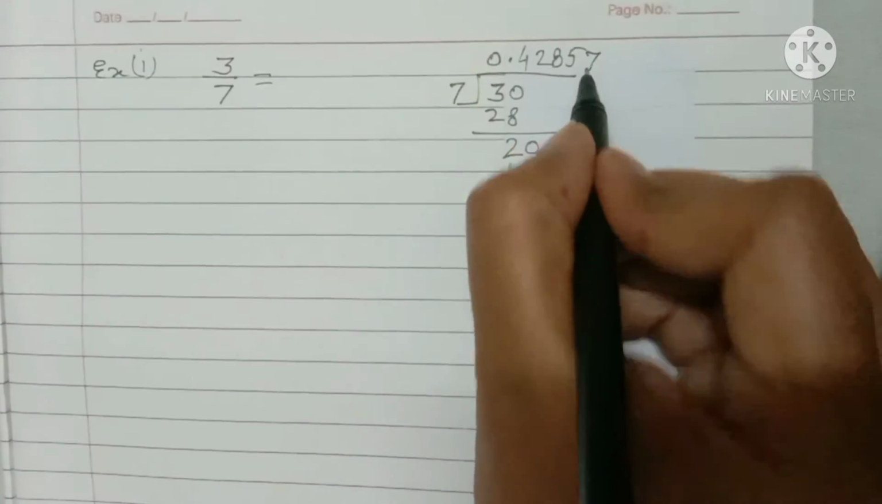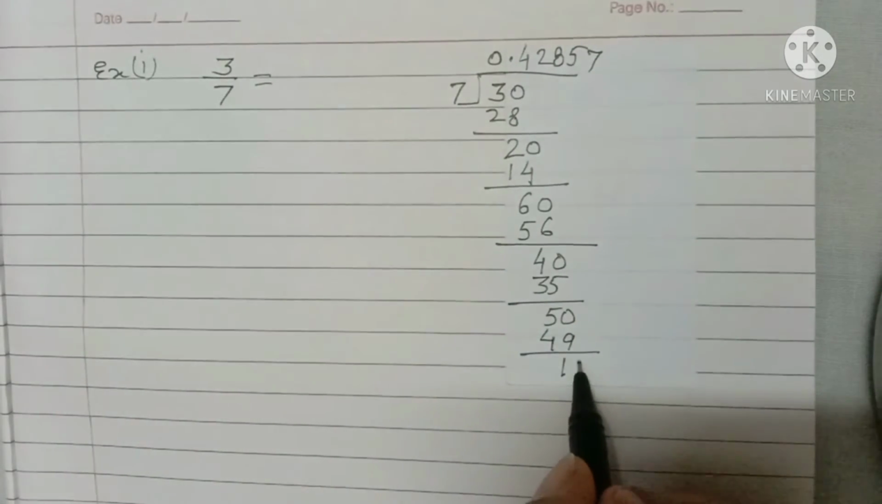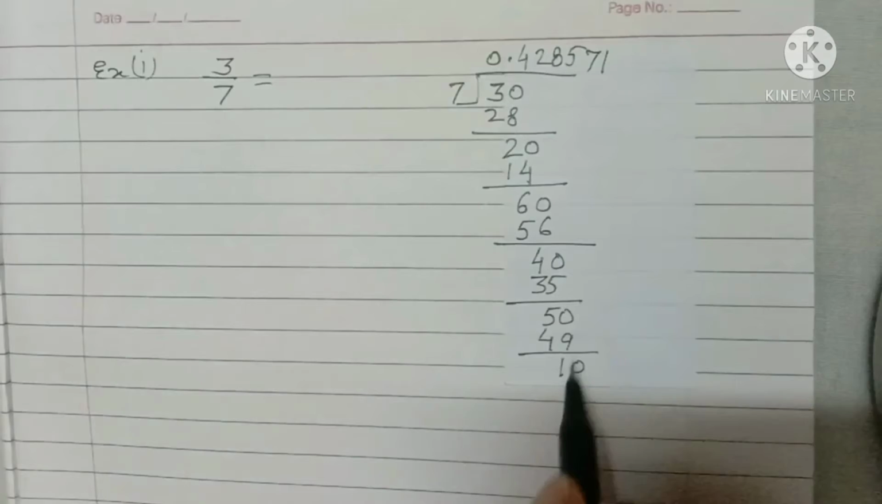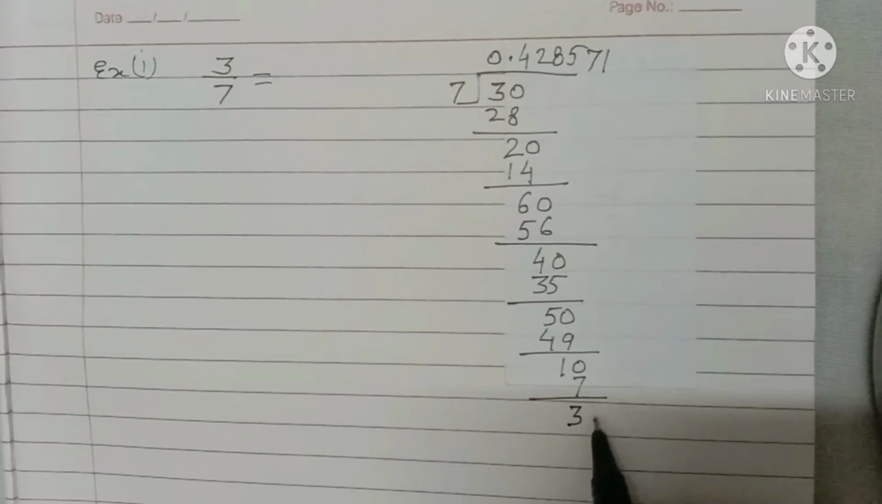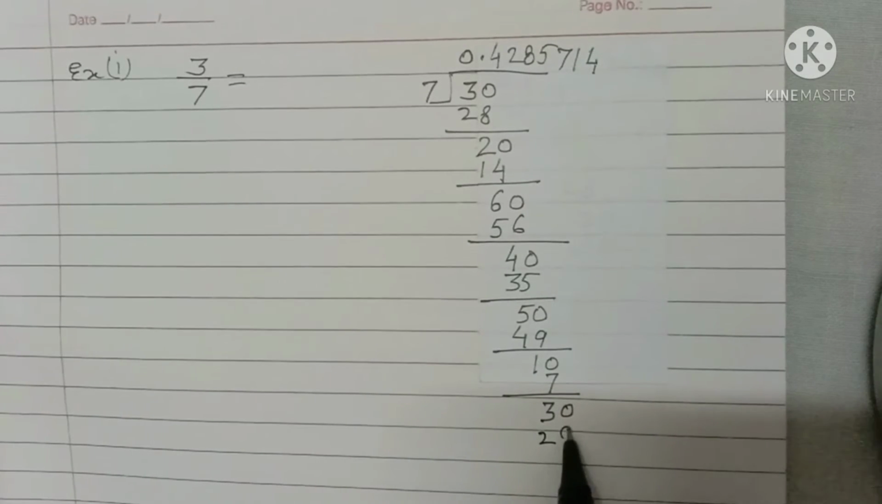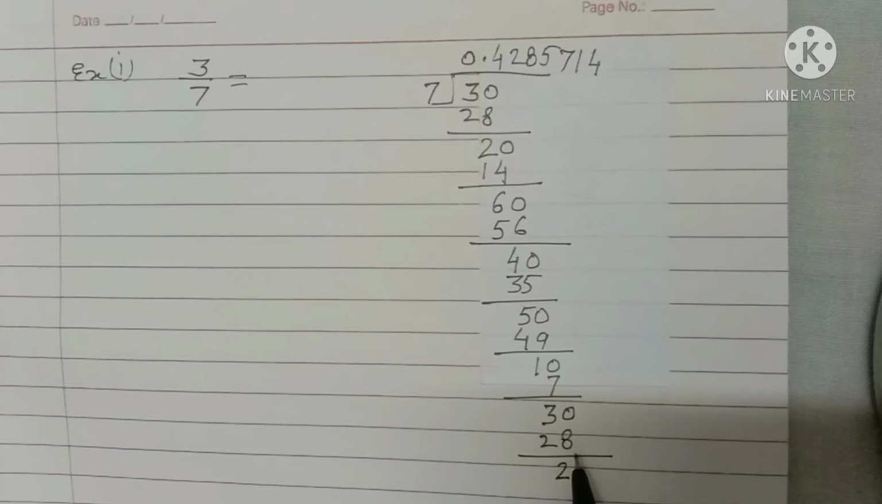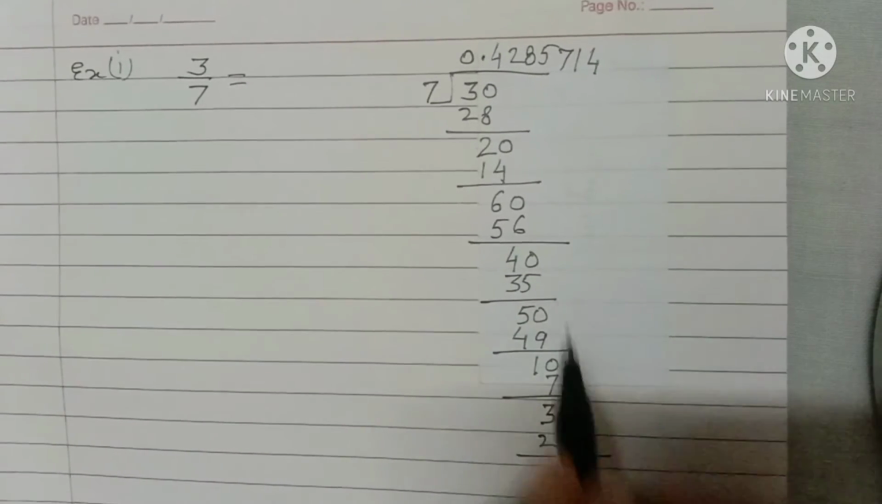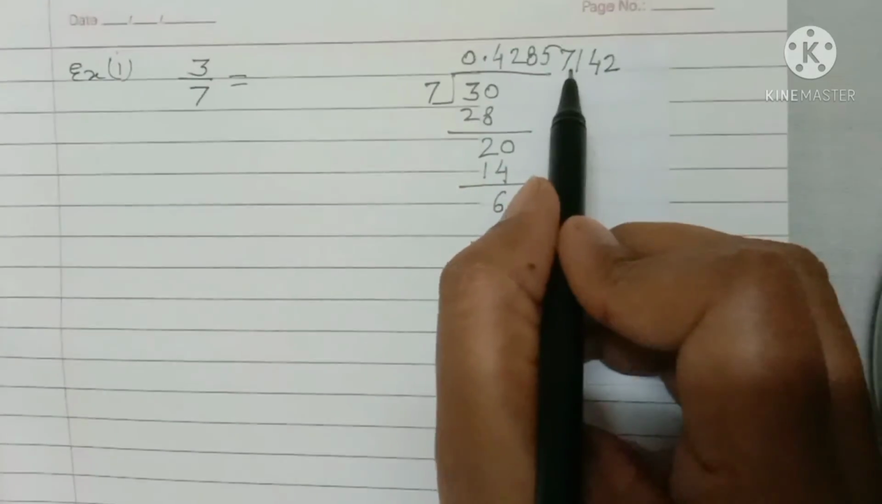7 7s are 49. 1 remainder, the point is there, put a 0. 7 1s are 7. 8, 9, 10, 3 remainder, put a 0. 7 4s are 28. Now 2 remainder, the point is there, so put a 0. 7 2s are 14. Now divide further, and what are you watching here? That this becomes